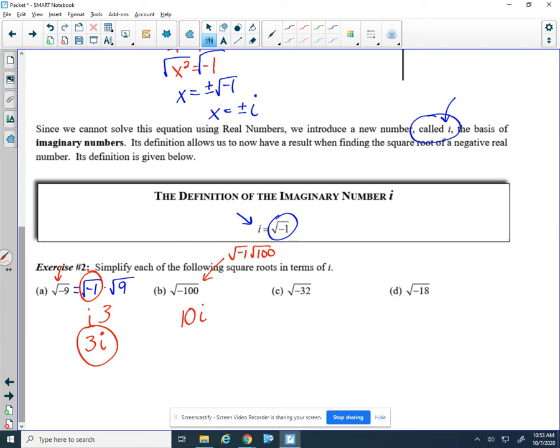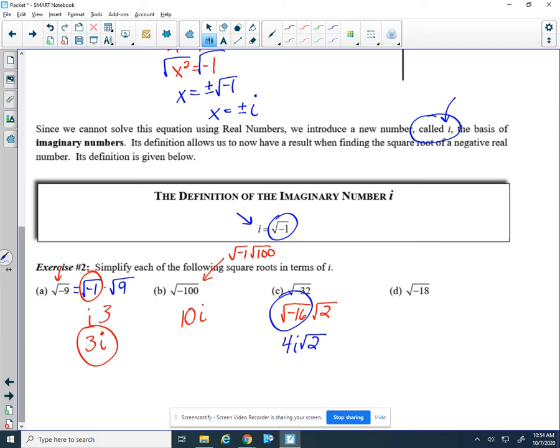The next two questions are a little trickier because they're not perfect squares, but everything basically works the same. So the way I suggest writing these out, I'm going to take my perfect square, which in this case is 16 that goes into 32, but I'm going to write -16 here. And then I'm going to write a 2 in the radical. So the square root of -16 we can find, and that's 4i. So I'm going to write this as 4i